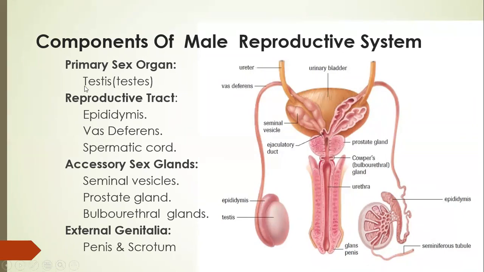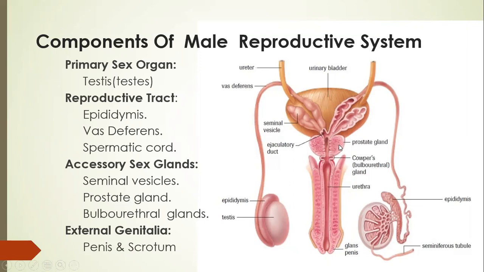Then after the primary, there are accessory, meaning secondary, sex glands, which are these. One is called the seminal vesicles. If you see here, this is the seminal vesicle. On the other side, it has been cut so that you can appreciate the folding inside. This is the vas deferens on either side. This is a cut vas deferens so that you can see inside. So these are the seminal vesicles, which are secondary or accessory sex glands.